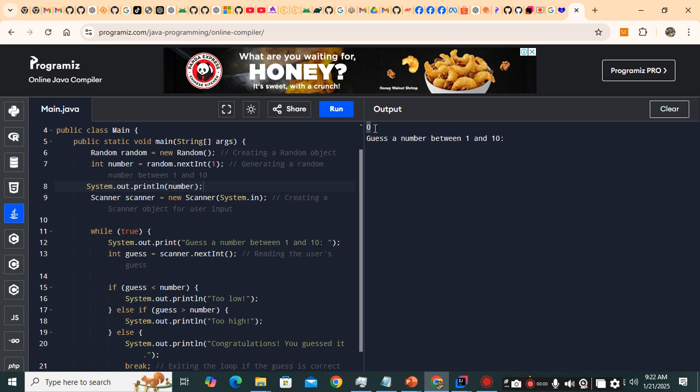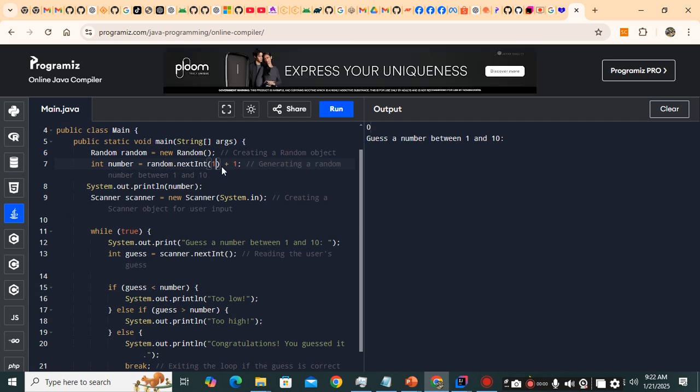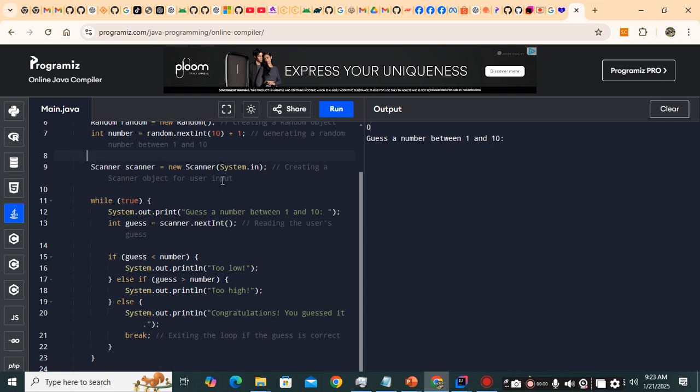So in order for us to generate 1 to 10, we have to append it by 1. Okay, so here we have to add 1, and then of course this has to be 10. So in return, this will just generate 0 to 9, so we have to add 1. Okay, so let's remove that, and then we have to assign the scanner so that we can input a number, that's the guess. Okay, creating a scanner object for the user input, so the user will guess the number